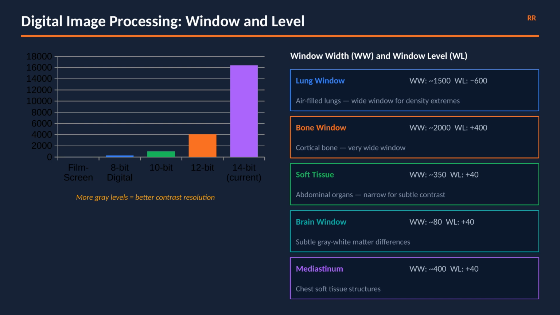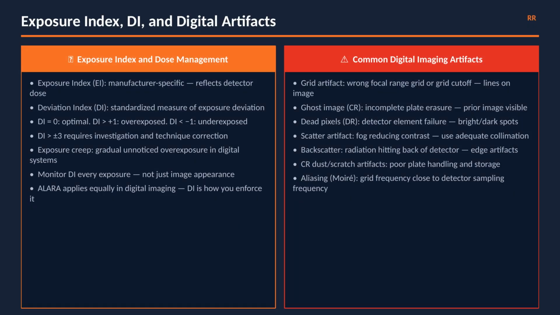The 5 window presets on this slide are directly tested on the registry. Lung window, very wide, approximately 1,500, centered at -600. This wide window handles the density extremes between air and soft tissue in the lung. Bone window, very wide, approximately 2,000, centered at +